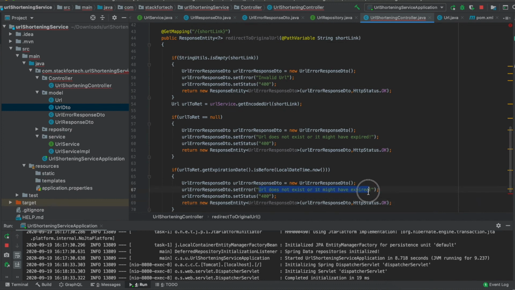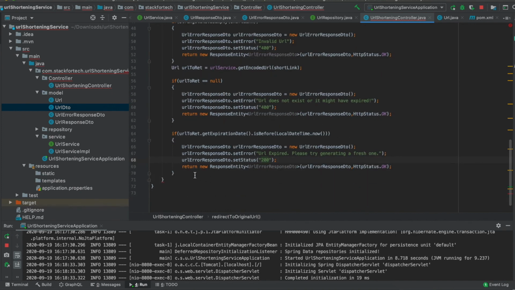So we will be just saying URL expired, please try generating a fresh one. Okay, and this will be a successful request.